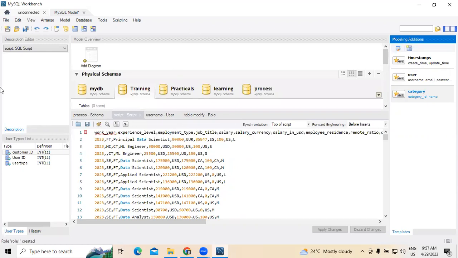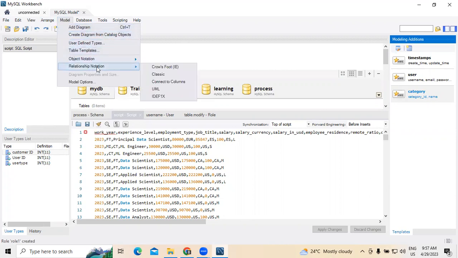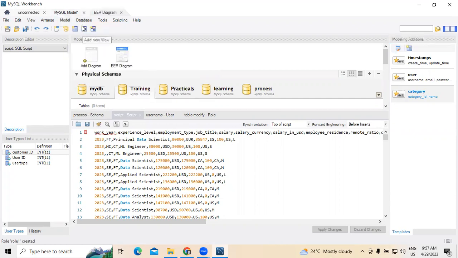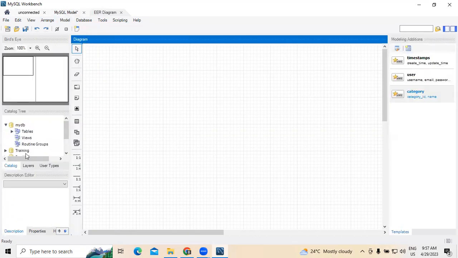So this is what it is. At the same time, if you want to create a model, for example, if you want to add a diagram, because sometime back, if you remember, I told you, if you want to create any kind of UML diagrams, they are not usually required here because for UML diagrams we have separate tools. For example, add diagram. Okay, ER diagram. Now, if you want to create any ER diagrams here,